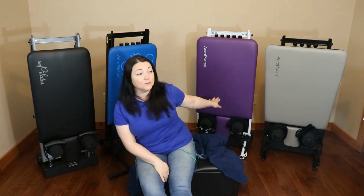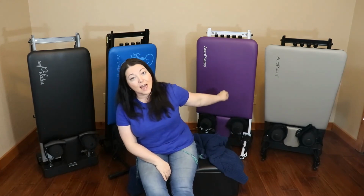I believe Stamina Products, the manufacturer of AeroPilates, still has a 5-cord, and there is a 5-cord on eBay. All of those models on Amazon, eBay, and Stamina Products, except for the refurbished colored ones, are a black carriage and a white frame. And those are 5-cords. They also all have 5 black cords,